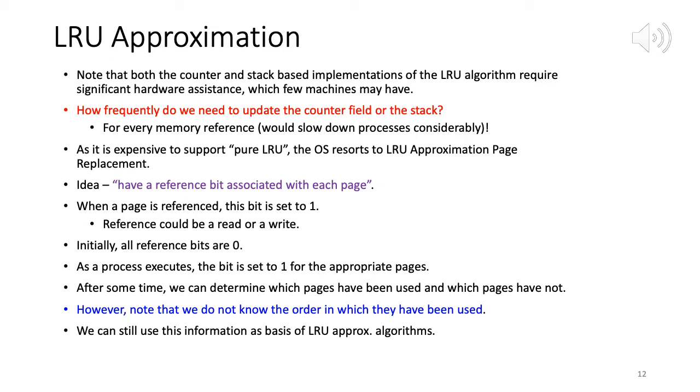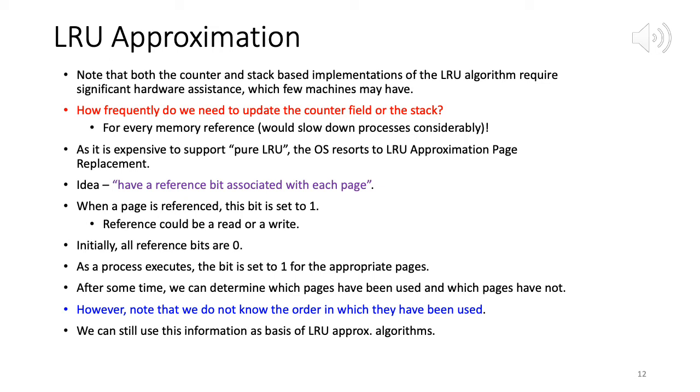So first algorithm, what we do here is we have a reference bit associated with each page. Okay. So as we said, there are some bits left over in the page table entry, and one of the bits we call a reference bit. So what is this used for? The answer is in the name itself, reference bit. So whenever we reference a page, this bit is set to 1, right?